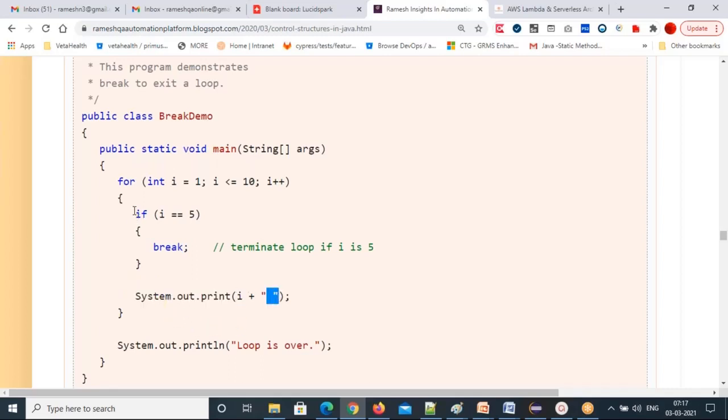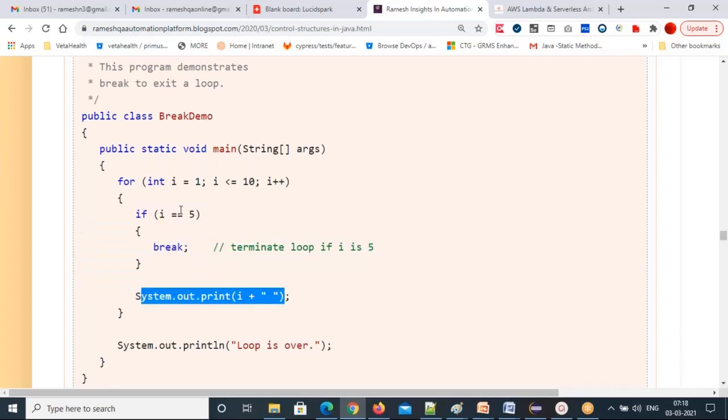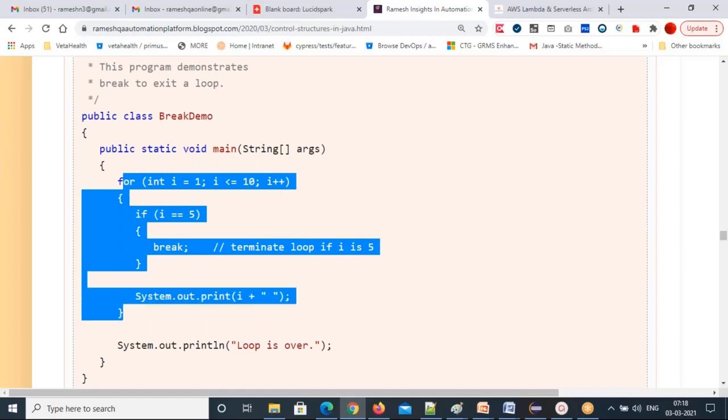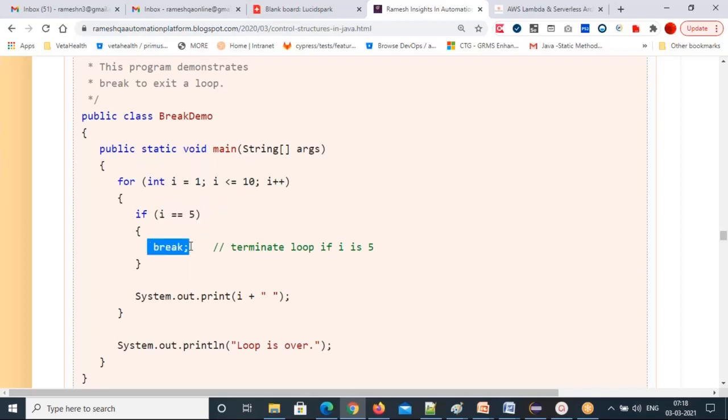If i is not equal to 5, only those values I'm printing. If i equal to 5, the entire for loop will terminate. Then after the for loop, a statement will print later. It will come to this line once the i value reaches 5. The remaining values 6, 7, 8, 9, 10 won't execute. So that's the break statement.